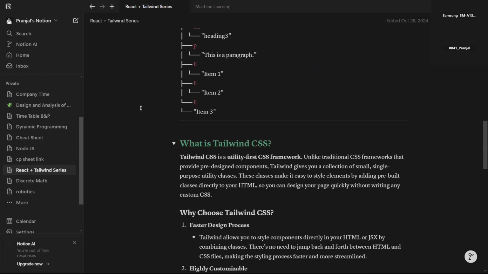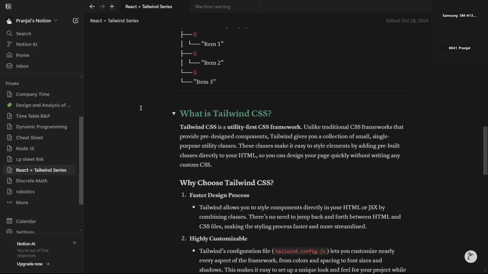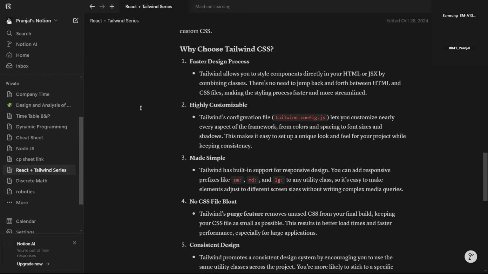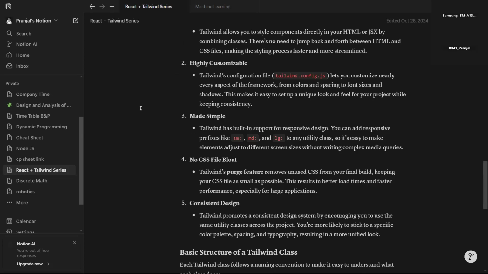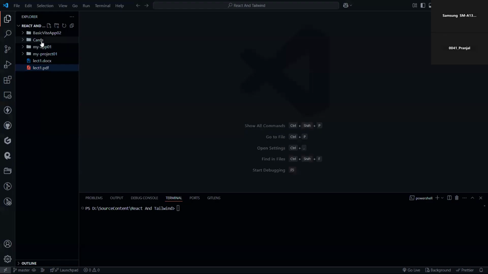After that, we will also be using Tailwind CSS. Why are we using Tailwind CSS? Because it gives very predefined classes, faster design, is highly compatible, very simple, and has no conflict whenever we are styling a particular thing. Now, in the last session, we tried to make some card components